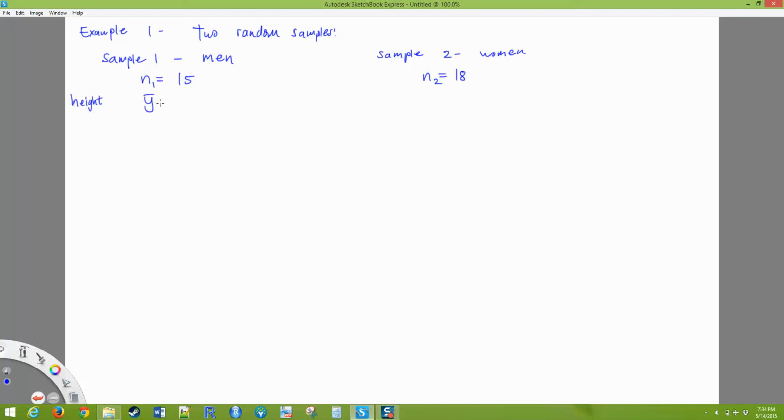So Y bar 1, the average height of these 15 men, let's say, is 69.7 inches tall. Y bar 2, let's say for these 18 women, is 64.5 inches tall. The standard deviation for the men's height, we will say is 2.9, and the standard deviation for the women's height, we'll say is 3.0. And we want to know,